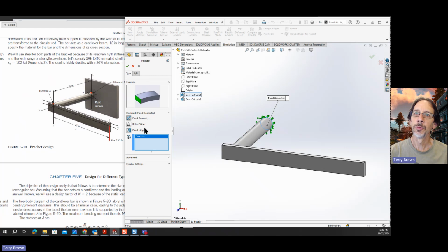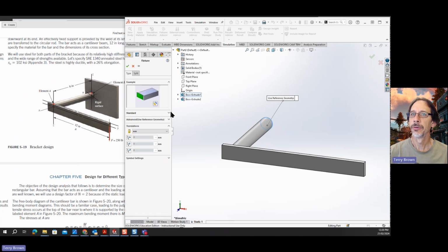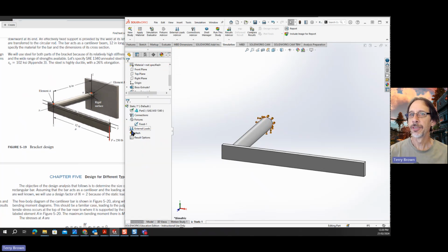As you can see, there are other options, and there are advanced options down here as well. We're not going to look at those now. So open fixed, back to fixed, and click OK for that. Now we need some loads. So we've got a 250-pound load at the end here of our rectangular bar. So right mouse click, put on the force,